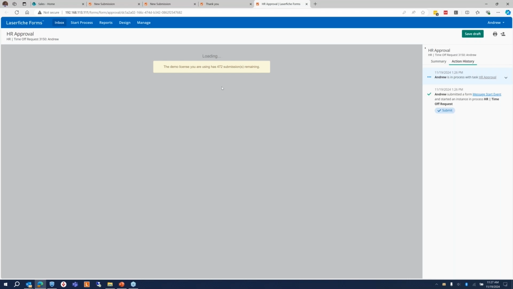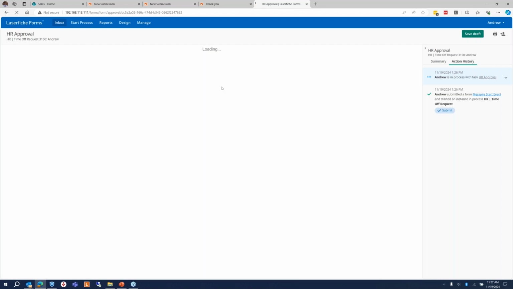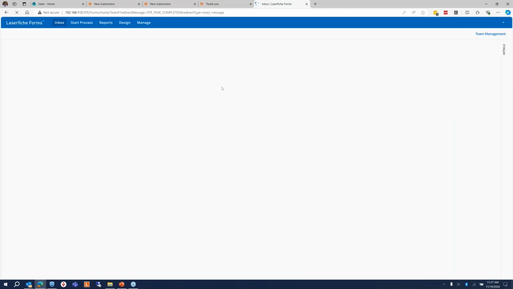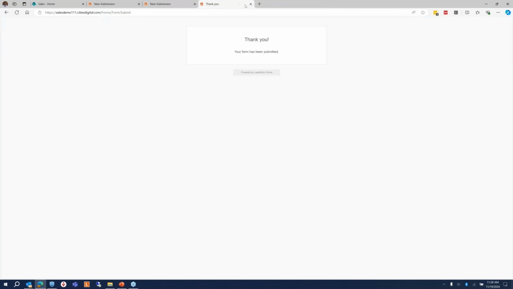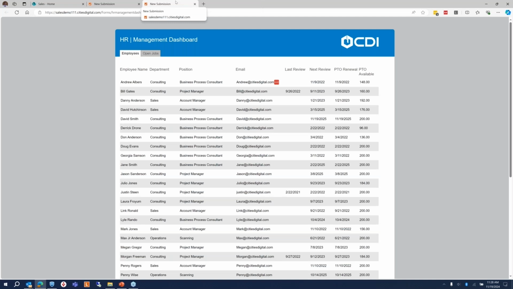This will take just a second here to finalize. Behind the scenes, this is going to add a new folder into David's folder for his time off request. So in Laserfiche, it's going to create a time off requests folder and add this request in there, which I'll show you next. Also on our dashboard here, since he's already taking time off, if I refresh here,